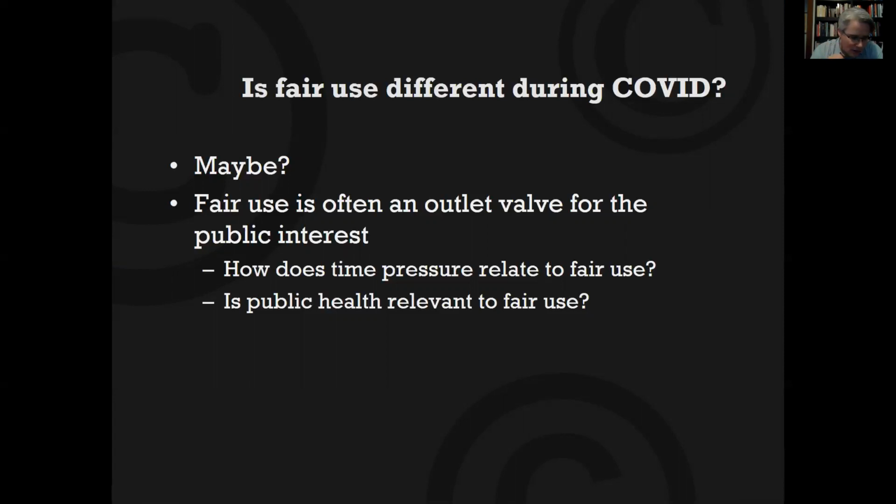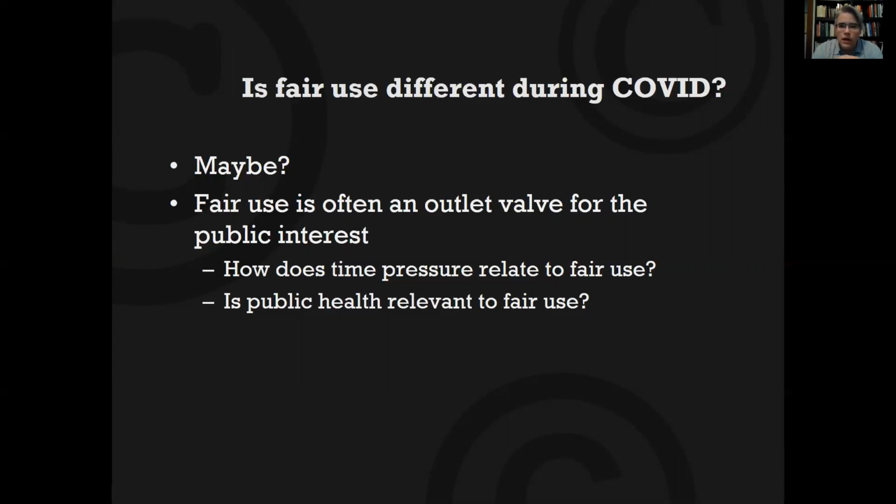There's also a sense in some cases, especially more recently, that reasons other than just information-related public interest issues are embedded in fair use. Most specifically, there's the HathiTrust case, where they said disability access to materials may well be a full justification for fair use.